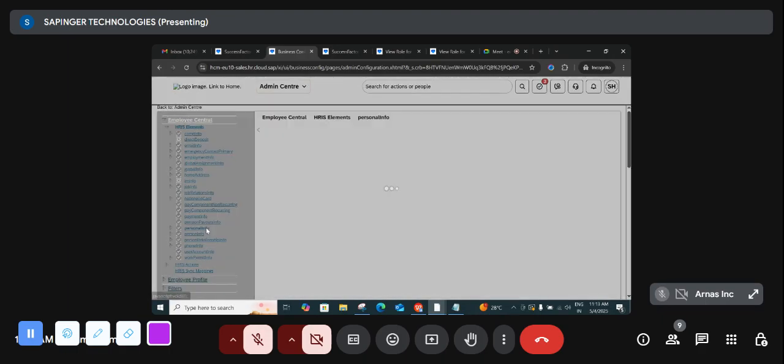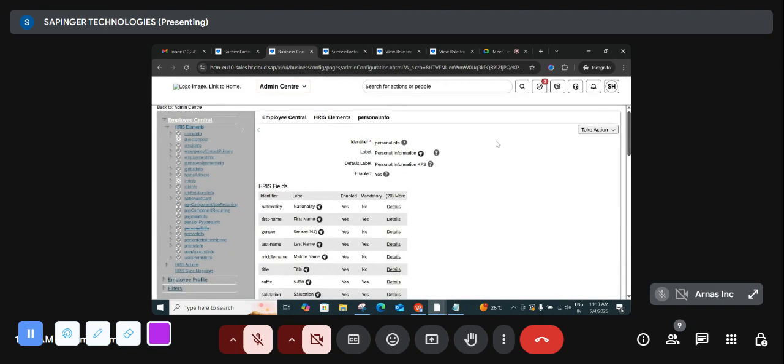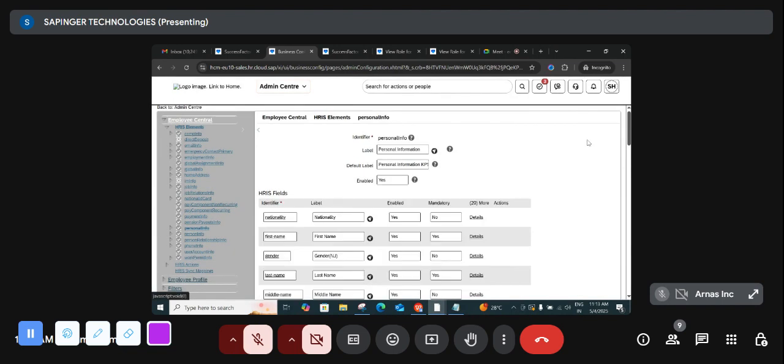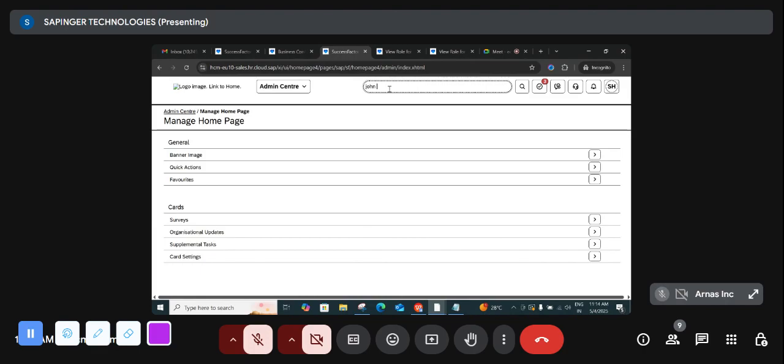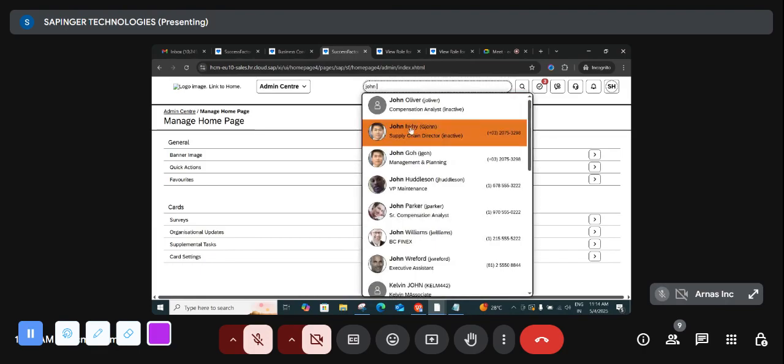Go to personal info, make correction. Okay, so I'm explaining one by one what all these options are. I already told you up to here, whatever is mandatory and enabled, when I was demonstrating on the workbooks. Okay, so this label and default label. So if you see here for any employee, for example, if you take any employee, John,